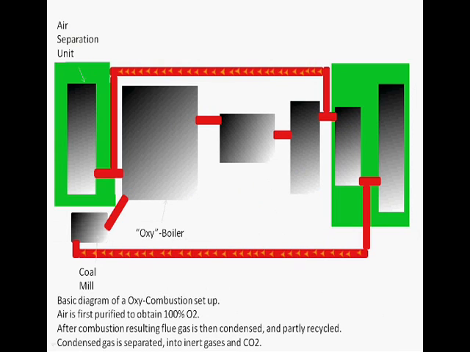Like before, it deals with an air separation unit, which separates out oxygen from the rest of the atmospheric air. The oxygen then goes into the oxy boiler, where it is mixed with pulverized coal. It is burnt, creating steam and fly ash. The fly ash then gets separated and goes into the sulfur scrubber,